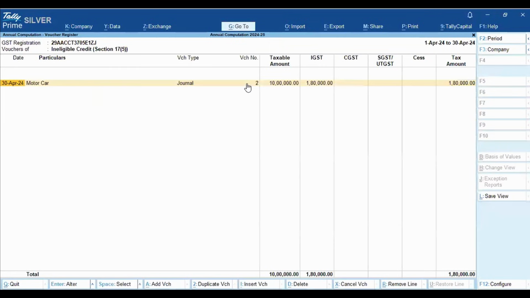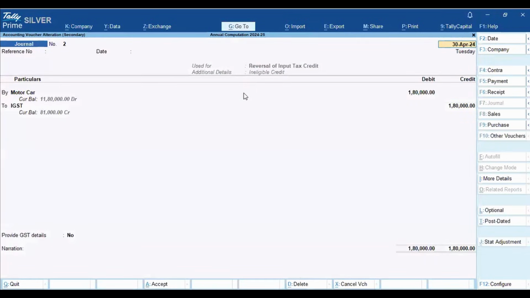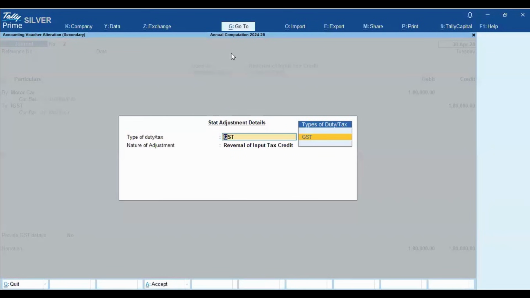So ineligible ITC, I'm getting into the entry here. We have a peculiar, most advantageous facility in Tally. In the F7 journal entry, stat adjustment is there. All these ITC reversals have been very effectively, very professionally handled here. In the stat adjustment of the F7 journal facility, when I press stat adjustment,